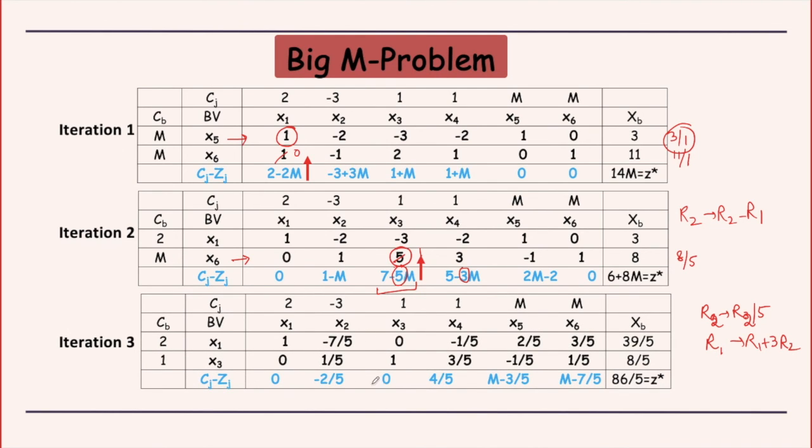That will give you the third table. So here you have made this 0, other values will change according to this operation in the first row, and you again have a Cj minus Zj which is negative. These two Cj minus Zj's are positive because M is a very large number. So even if you subtract something like 1000 from M, you will still get a positive number. So imagine M to be the biggest number which you are aware of, and then you can easily compare the Cj minus Zj's to decide which is the most negative.